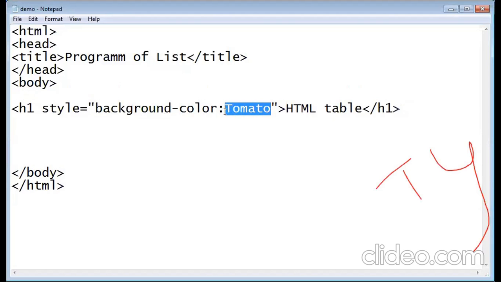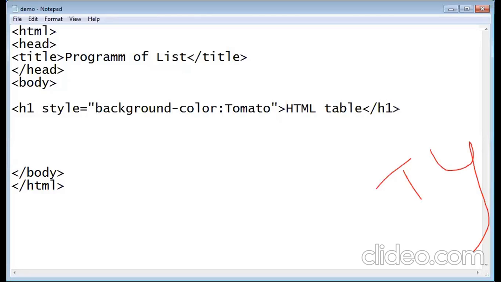You can use it the manual way, or you can use RGB, or hex code for this. So save it, go to the web page, refresh it. Now it is showing the color like tomato. Okay, it is very simple.